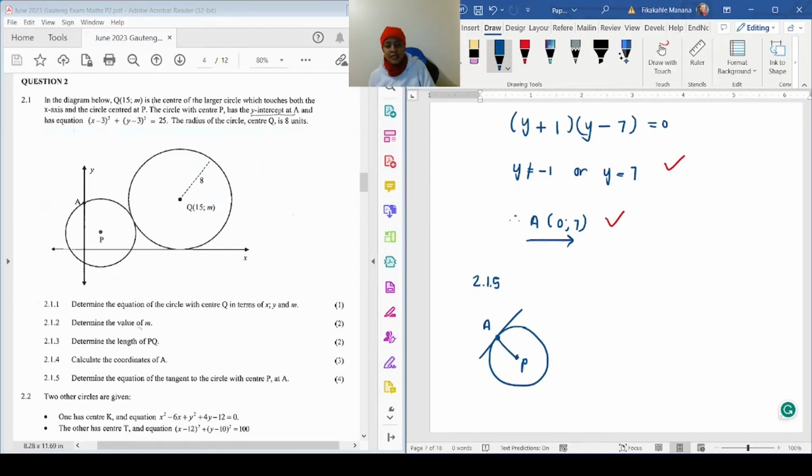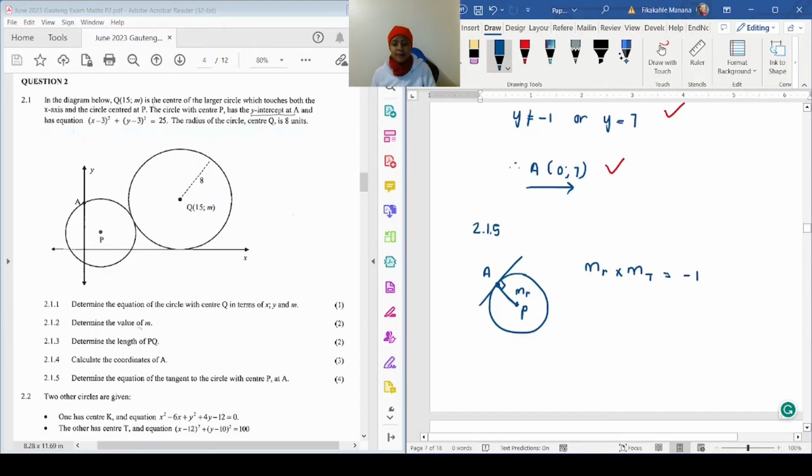I would get the gradient of this line, which is the gradient of the radius. And I know that the gradient of the radius times the gradient of the tangent will have to be negative 1. Remember, line from center to circumference, where you have a tangent line, the radius is always perpendicular to your tangent. Okay, so let's start getting the gradient of the radius,